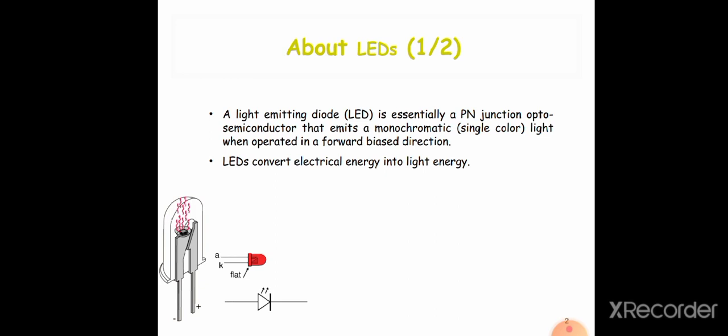Now the light emitting diode is basically used to emit light. Whenever we bias a PN junction diode or Zener diode, it produces some amount of potential difference and current inside it. So we'll get the voltage and current across these two diodes. But in the light emitting diode, the voltage and current is produced in the form of light. So whenever we bias an LED, it produces or emits light. That's why it is called a light emitting diode.